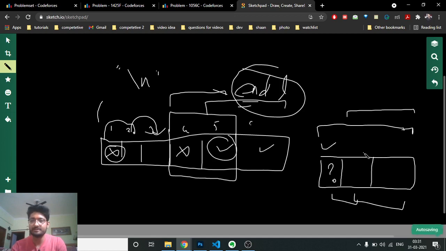You have found the sum of the first 3 elements, and then you find the sum of the last 2 elements, the second and the third element. Then you again find the sum of the first and second element, and because you know the sum of the first 3 elements, you can subtract the first 2 elements from the whole sum of size 3, and then you can get the third element also.